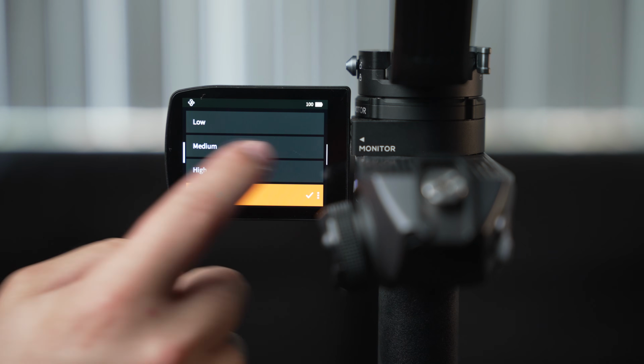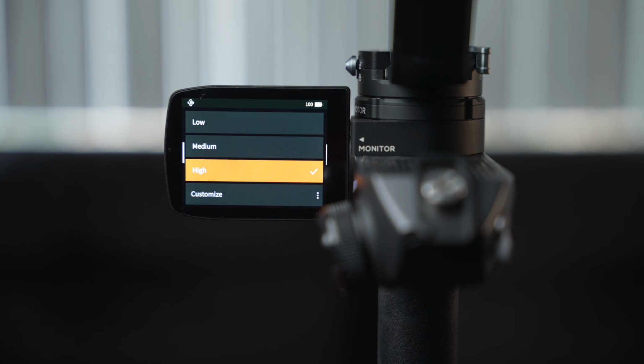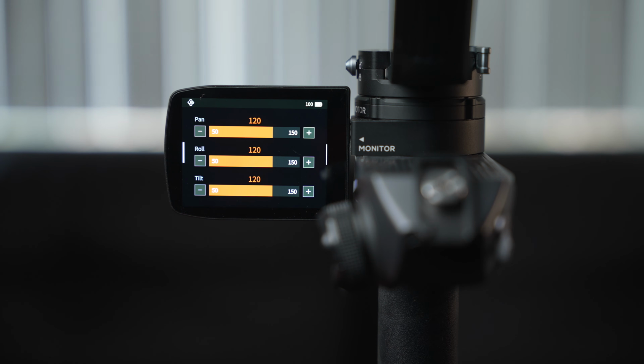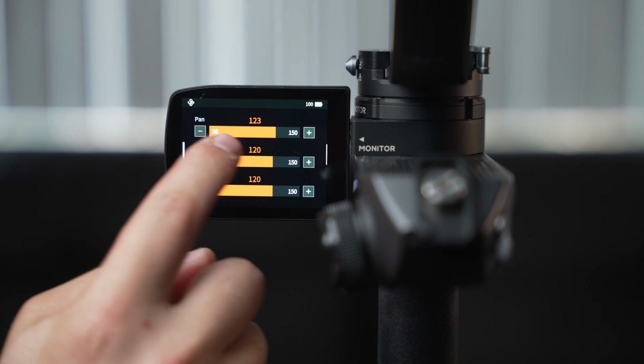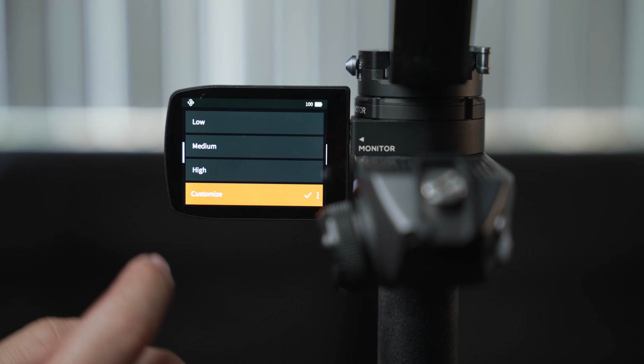Now let's swipe back, and let's go into Smoothness. Smoothness is responsible for how smooth you want the gimbal to either pan, roll, or tilt. We have low, medium, high, and we have Customize. Now tap on Customize to put in your own custom settings for each individual axis when it comes down to the smoothness. Use the plus and minus icons here to increase the smoothness or decrease them. Swipe back, and your options will be automatically saved. Swipe back again,